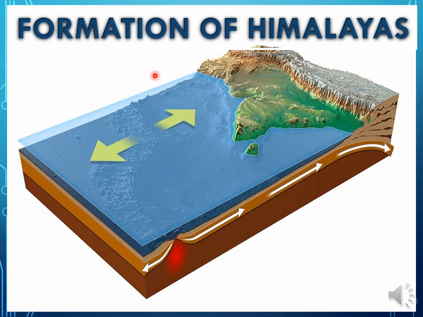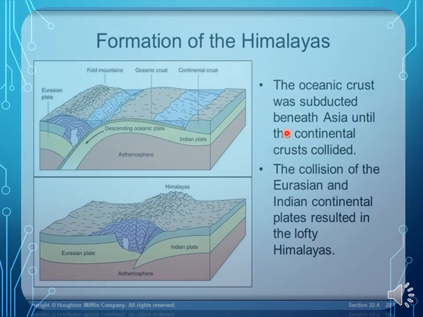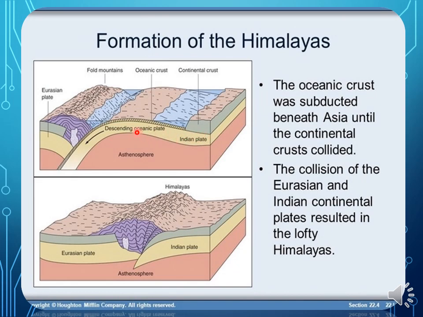Here you can see a better picture of the formation of the Himalayas. From the sea, the Indian plate moved towards the north and collided with the Eurasian plate. So here you can see the folding, the mountain. These are the Himalayan mountains. This is the plate collision formation of the Himalayas, in a graphic model.